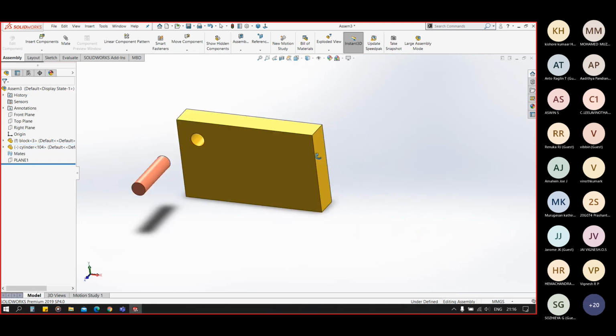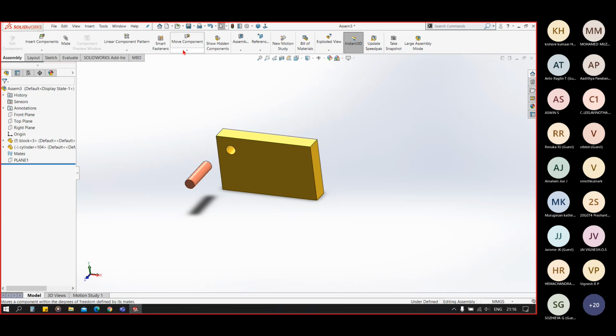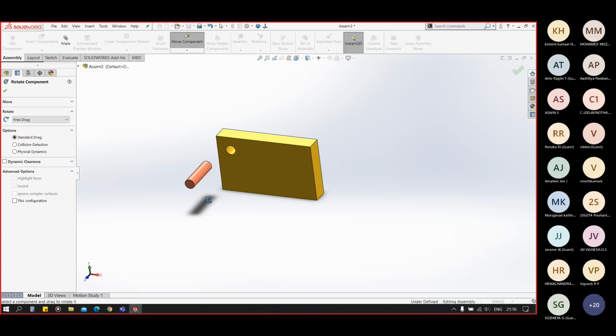So to move and rotate, we have these options here. First we'll see the rotate component here. When we activate the rotate component, we can rotate it using our mouse drag.